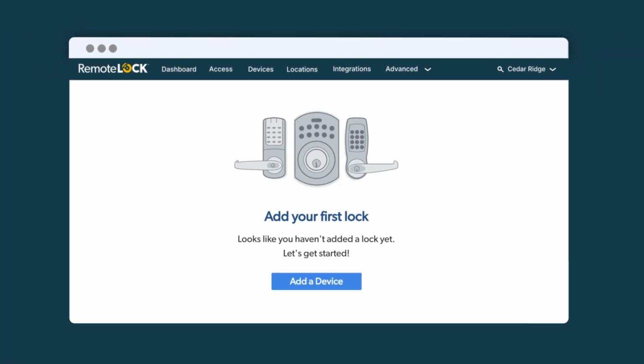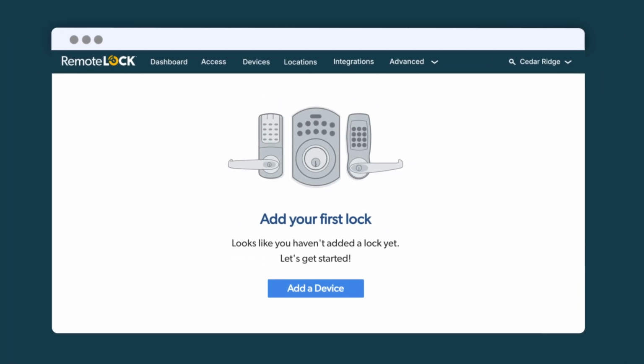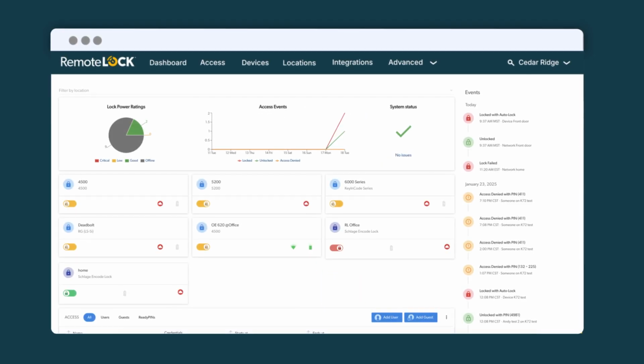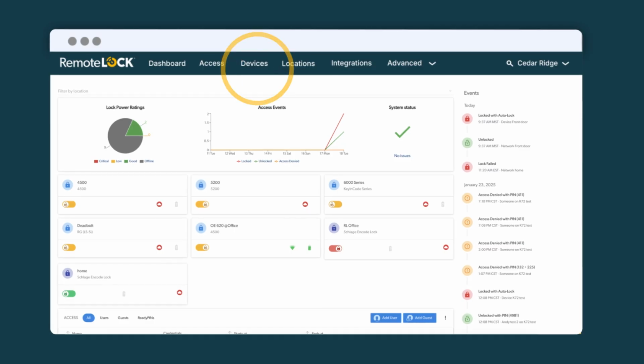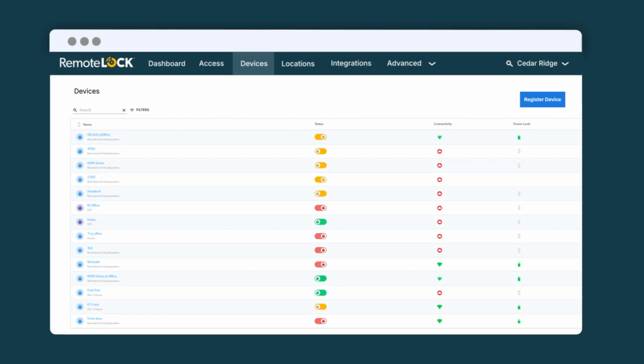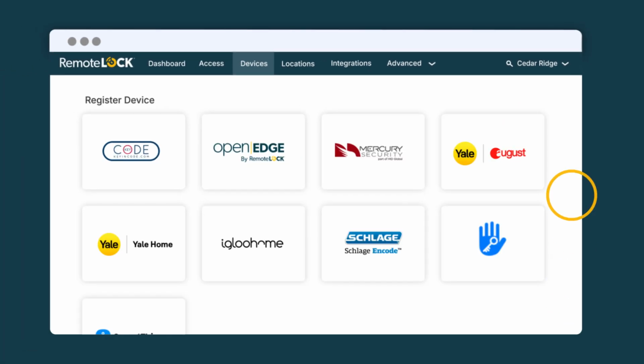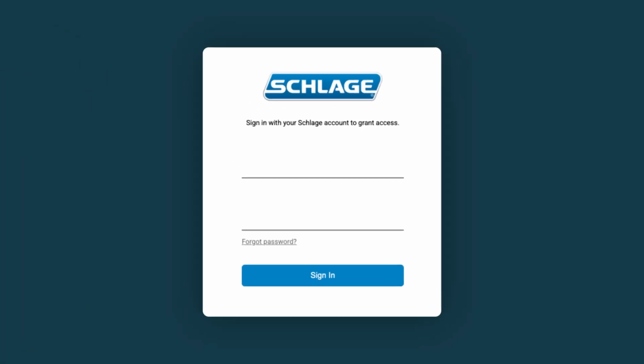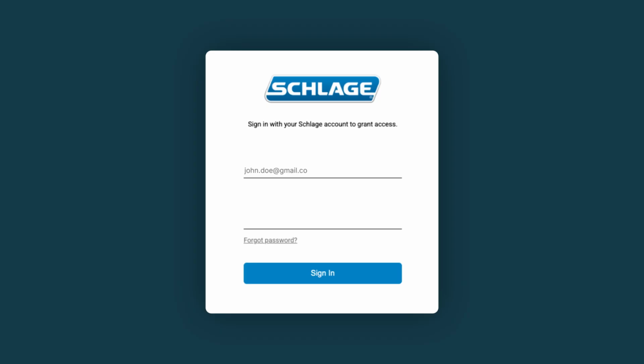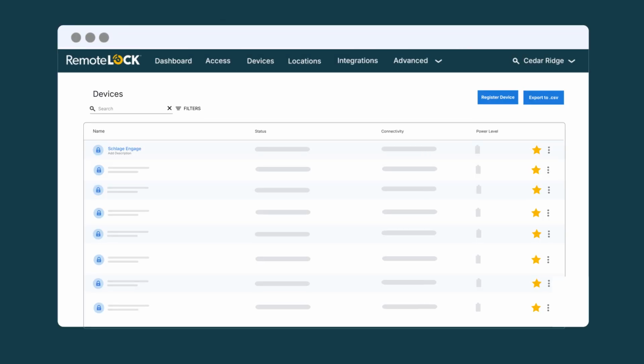If you're new to the platform and don't have any locks loaded yet, you'll be prompted to add a device. If you already have locks loaded, then from your dashboard, choose Devices in the main navigation and click the Register Device button. Choose your lock's brand in the list of logos, then follow the directions on the screen, which vary by brand. You should then see your device in the lock list and be able to add it to your